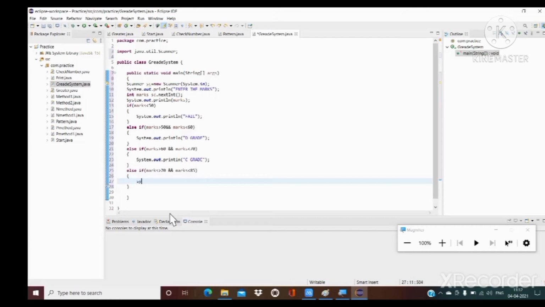Here we are going to print B grade, System.out.println B grade.